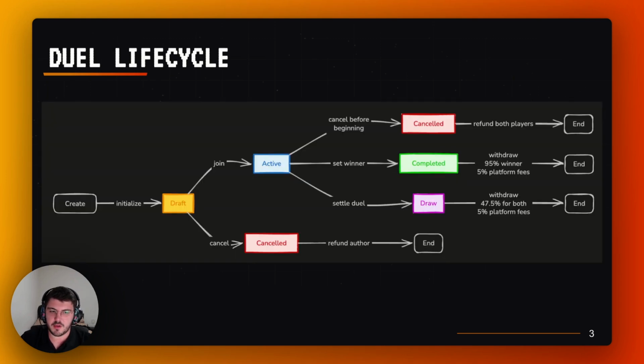This is a schema that represents how our duel system is working. First, a player can initialize the duel by making a transaction equal to the bet amount. After that, an opponent can also join by doing a transaction. Before it starts, both players are still able to cancel the duel and get fully refunded without any commission fees.